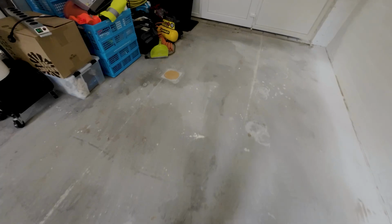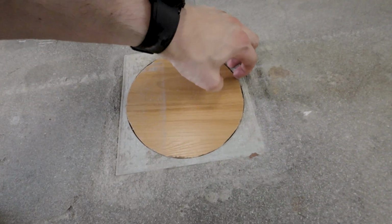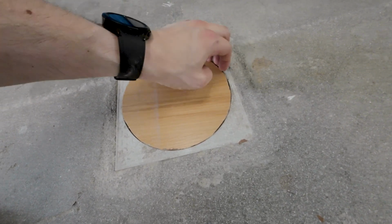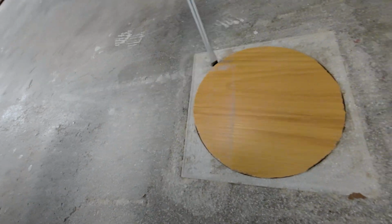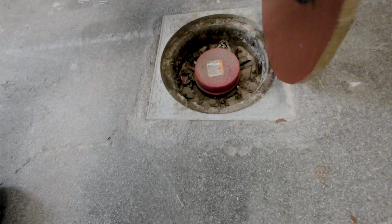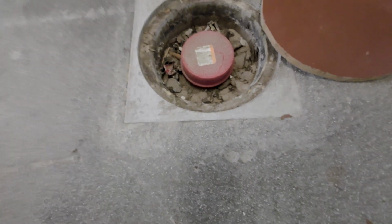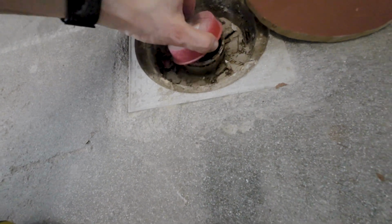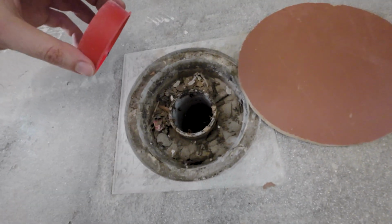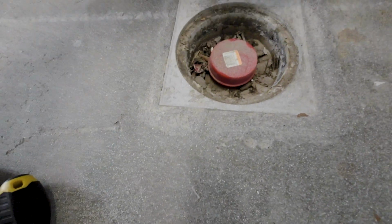And it seems like we found a drain, which is very nice. I do have to look for a screwdriver or something to get this out, I think. This appears to be a drain. It's very nice. It looks great for now, but I think this is going to work very nicely. Let's put this back for now,